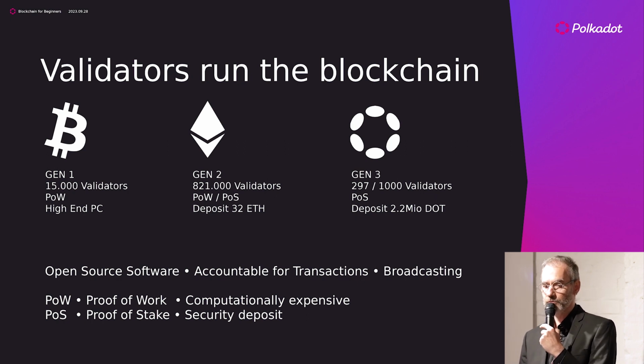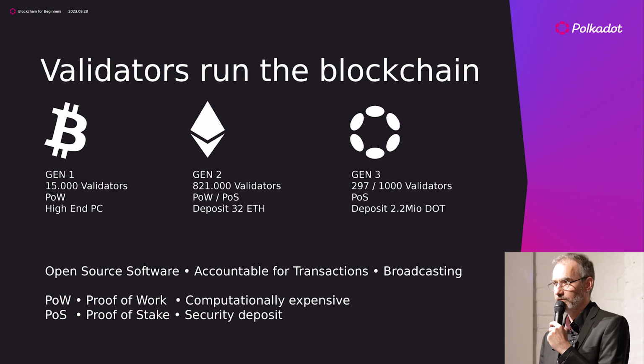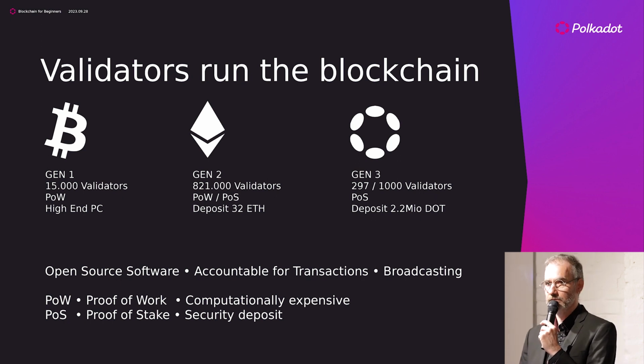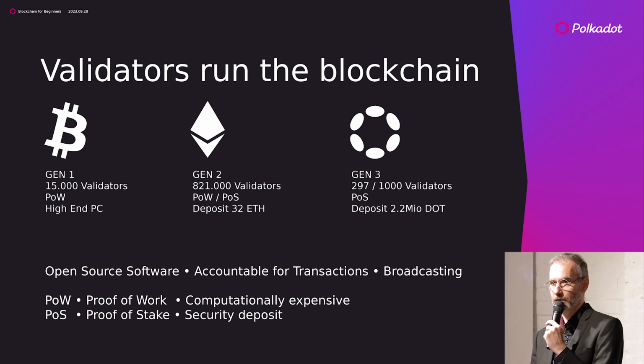When we come to Polkadot, we see 2.2 million DOT, that's around $8.8 million, which is required to be a full node there. So we see basically that transactions are very secured, as long as it stays in range of the deposit. But when you send more data than the safety deposit is, then it's a bit out of the boundaries of security. So on Polkadot you can send safely, I would say, $8 million, because the validator can be accountable for it.